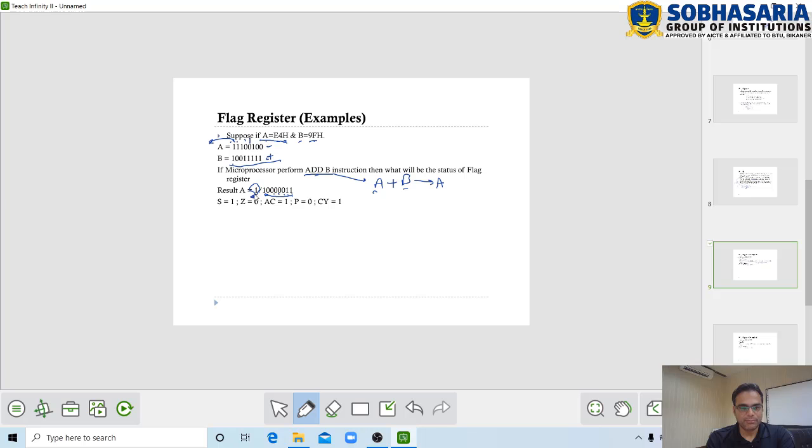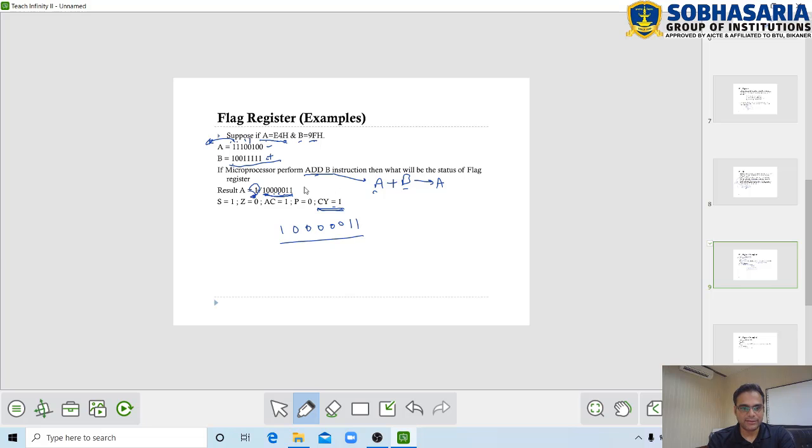So this bit is called the carry flag, as we have seen earlier. The carry flag will become 1 in this case because a carry is generated from the D7 bit and the result becomes 9-bit, but the accumulator is 8-bit. So the accumulator can store from this to this 8-bit, and this 1 bit, which is nothing but a carry, will be stored in the carry flag or CY flag and becomes 1. So in this result, 1 0 0 0 0 0 1 1 1, bits 1 2 3 4 5 6 7 8, this is our result.